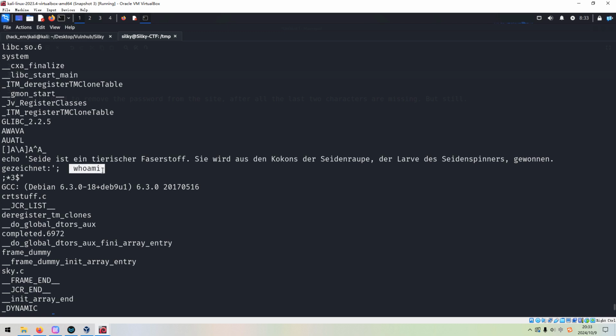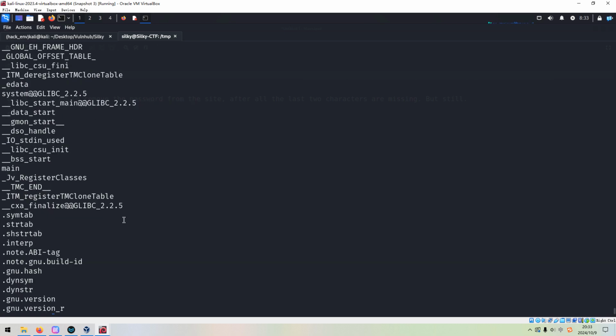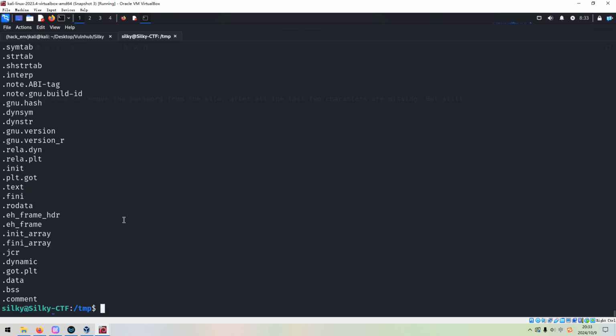It looks like the command whoami is executed by this binary. So I think we need to manipulate it, because whoami is not in the form of an absolute path. In other words, we can manipulate this whoami, or generate our own whoami.